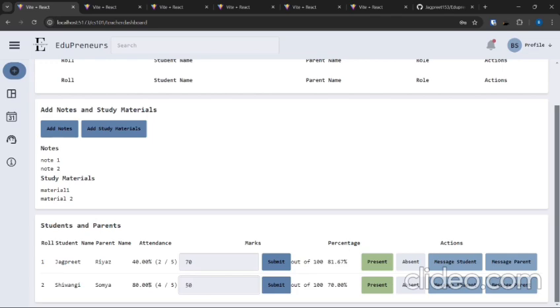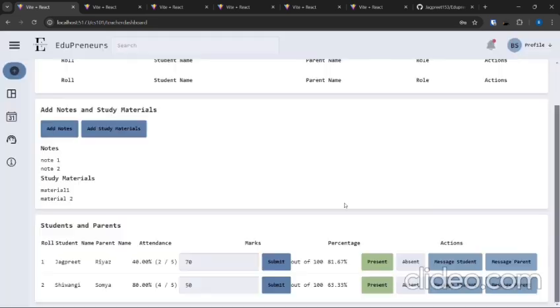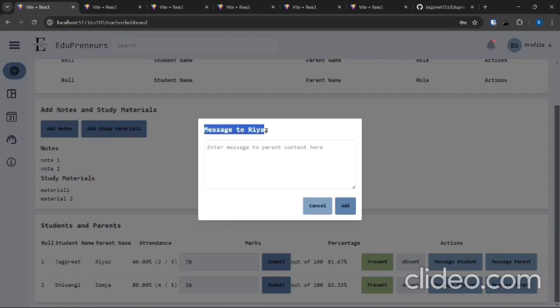We also have the message section where teachers can message their students as well as their parents.